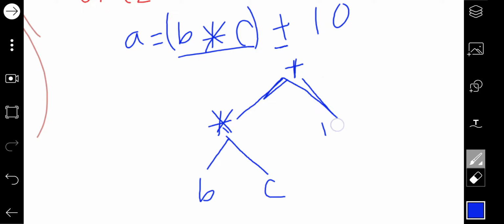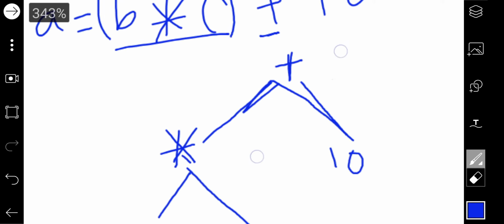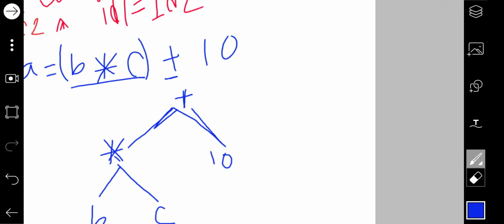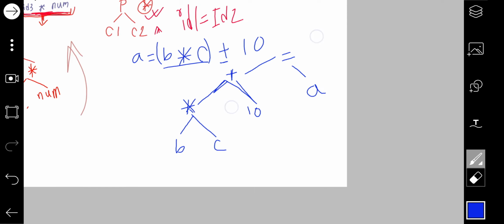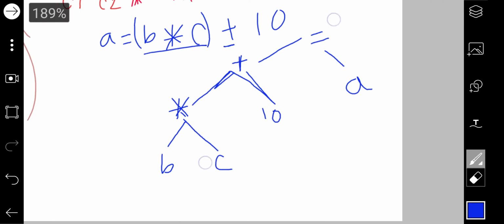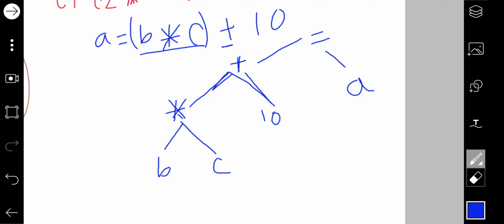Now the next thing is equal. So the plus symbol will be a child of equal and another child will be a. So equal has two children, one is a, another one is the plus symbol. So remember, always the operator will be acting as parent, and the children will be the identifiers here.